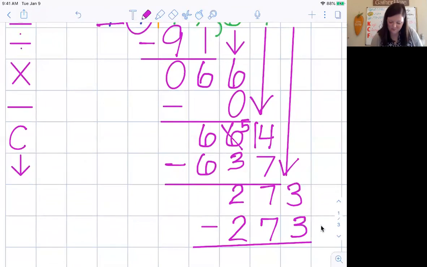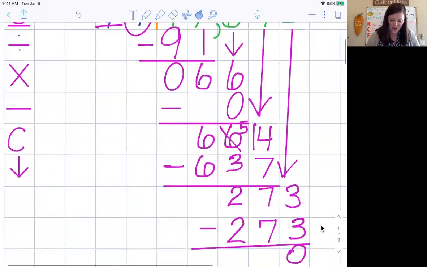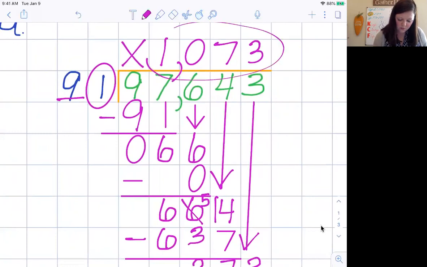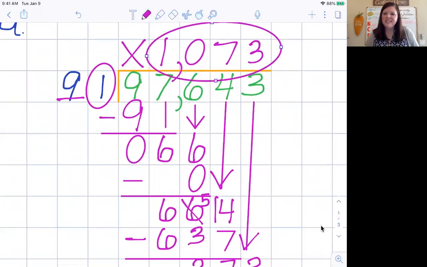If the numbers are the same, 0 is the game. Great job, students. Okay, so all we would need to do at this time is add in our comma. 1, 2, 3, comma. 1,073 is our quotient. Remember, it's called a quotient because the queen sits on top of her throne. All right, now, the directions also say that we should check this problem. How we check this problem is we go out to the side, we multiply our quotient by our divisor 91, and that should give us our dividend,